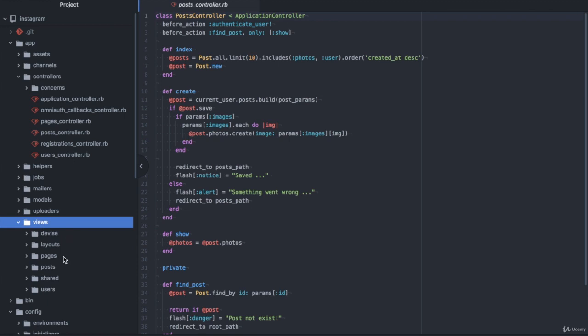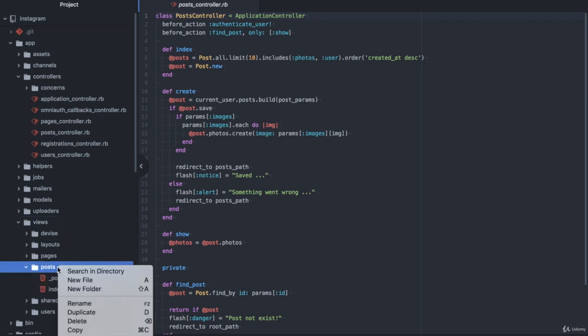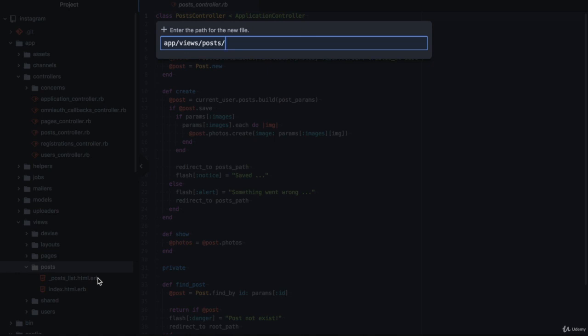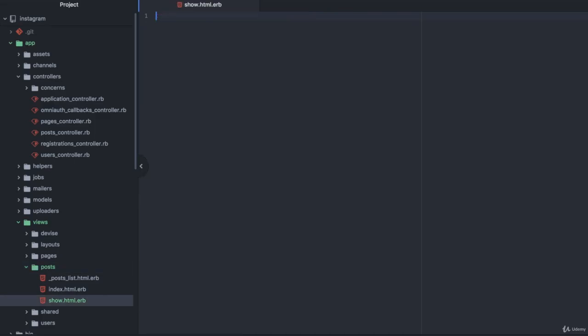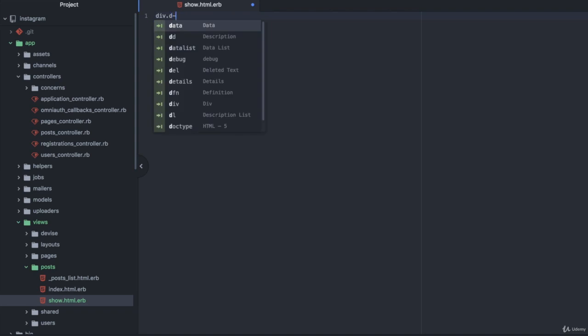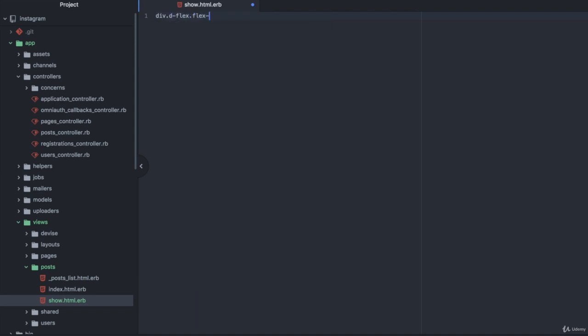In views, post, let's create a new file, show.html.erb. Alright, div.d-flex flex-column, align-items-center, and margin top 3rem. Inside we have div.row post-box col-xl-10 col-lg-11 col-xs-12,